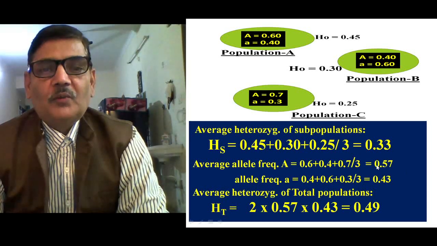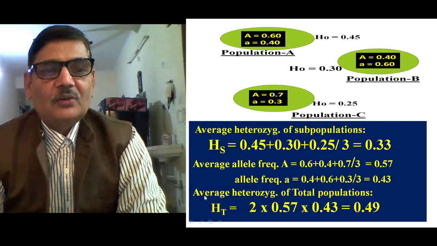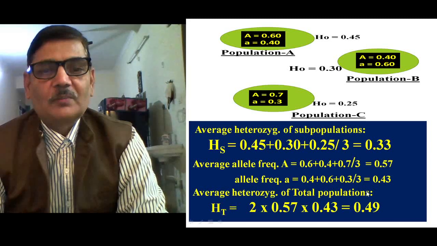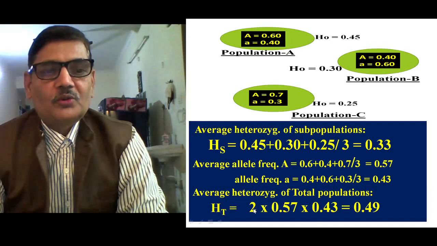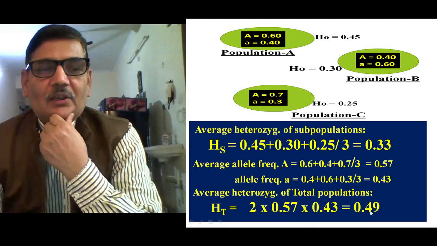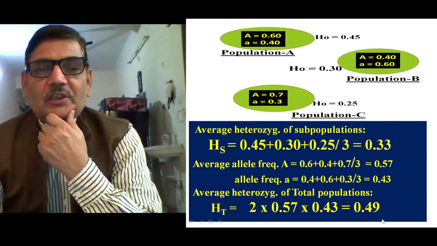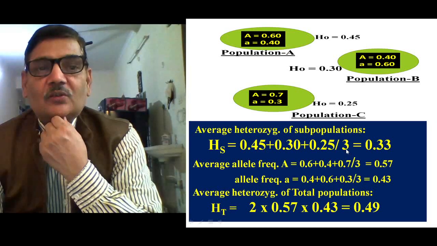Now when we have the average allele frequency of capital A and small a, we can calculate the average heterozygosity of total populations. This will be calculated using the formula 2pq, because 0.57 is the p value and 0.43 is the q value. So 2 into 0.57 into 0.43, and this value comes 0.49. So the average heterozygosity of the total population has come 0.49,